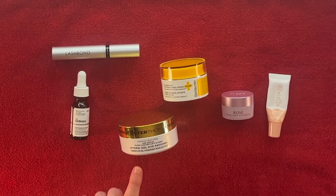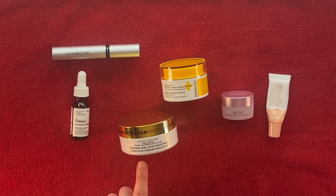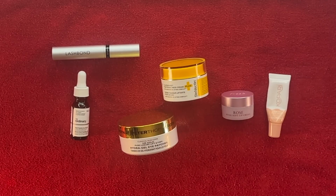So the Peter Thomas Roth 24 karat gold Hydra Gel Eye Patches. Those are $75, and their claim is they are inspired by Queen Cleopatra. Do you know what Cleopatra would think of this if she knew Peter Thomas Roth was selling eye gels for $75? She would be in denial. I mean, they're fine, don't get me wrong, you see them in an Empties video, but $75 and your claim, Peter Thomas Roth, is that they're inspired by Cleopatra. That's what you came up with as why it's...